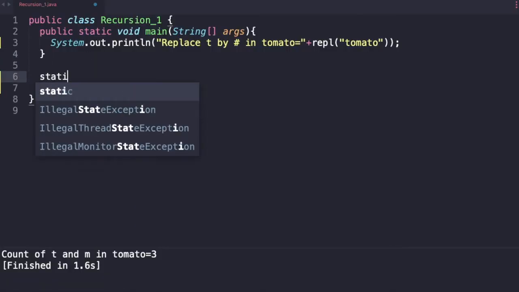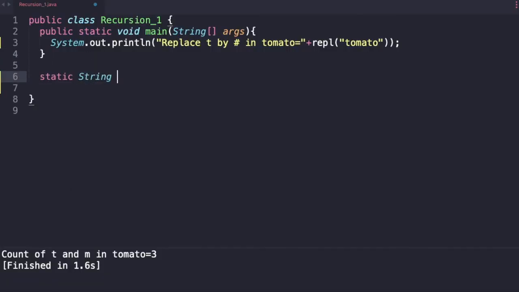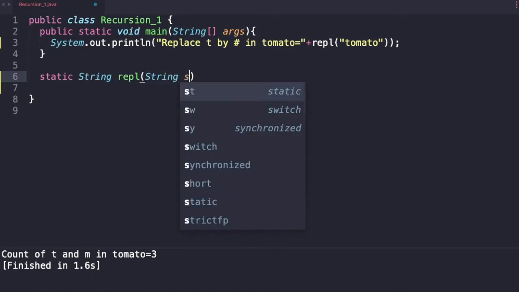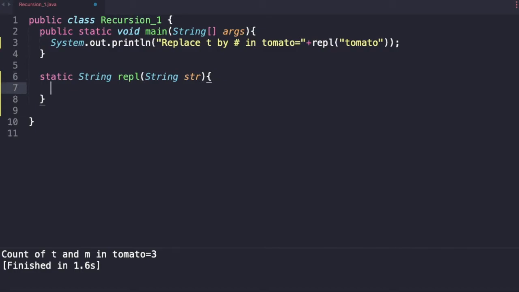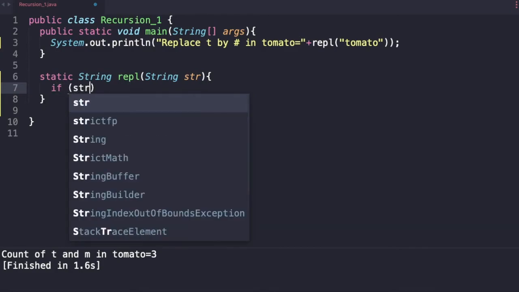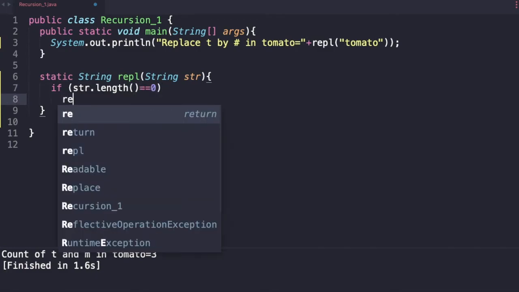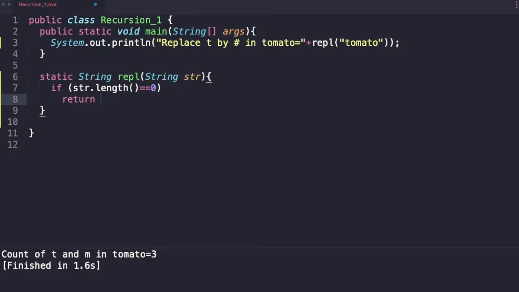So let's say static, this will return a string, replace, and it takes a string str as input. Now what is the base condition? If the string is an empty string, so we can just say if str dot length is equal to 0, what do we return? We will just return an empty string. That's our base condition.